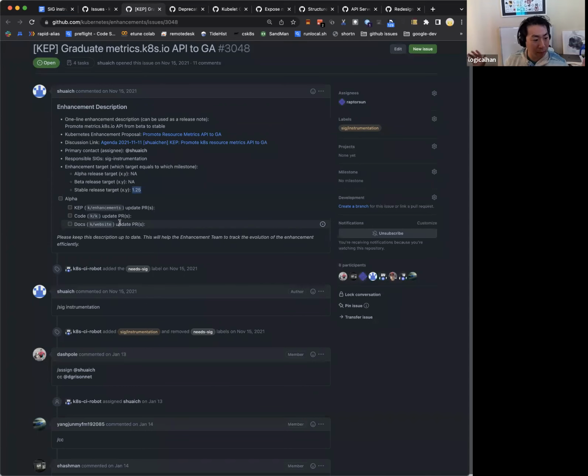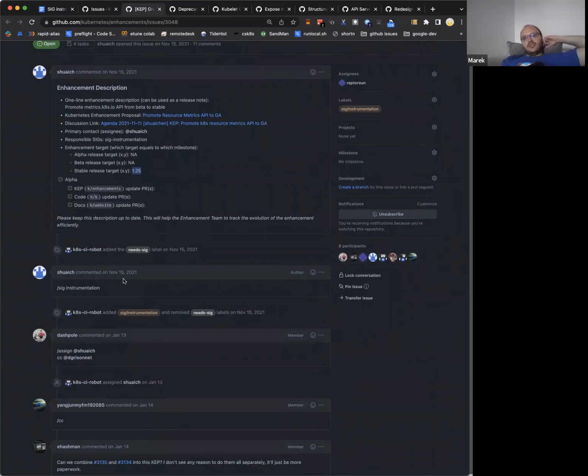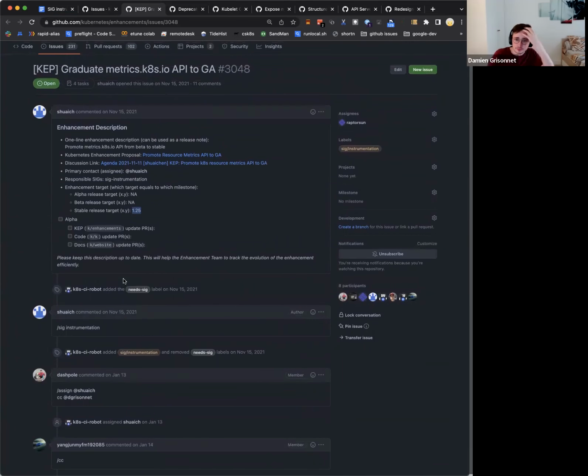This is your API for resource metrics. The endpoint is the actual API. Yes, that's the API. I mean, are you talking about kubelets? Resource metrics, right? No, this is the metrics API, not the resource metrics in kubelet. Am I getting confused a little bit? It's the one used for auto scaling.